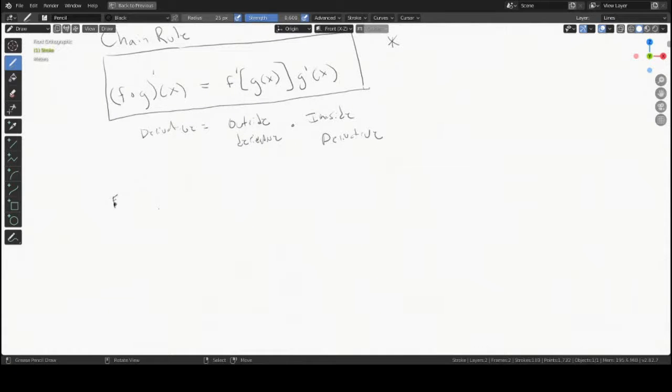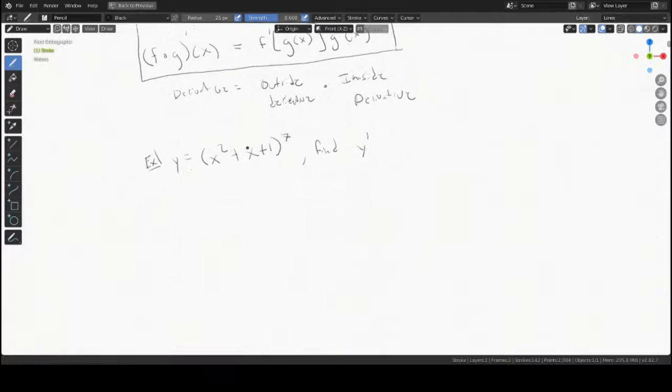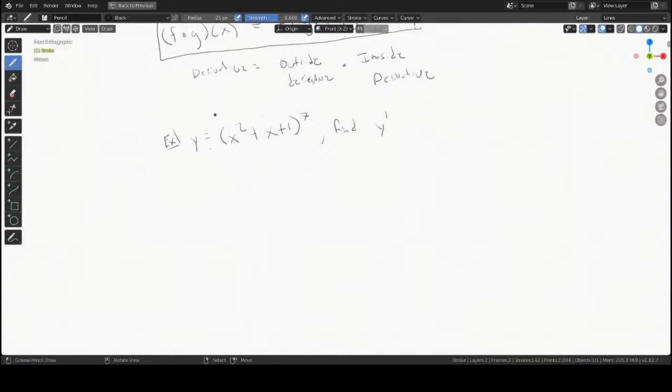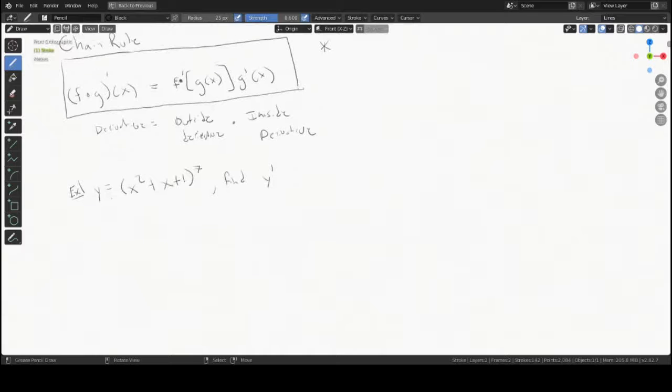So in this example, we've got y equals x squared plus x plus 1, all of this raised to the 7th. Okay, and we're finding y prime. Cool. So chain rule says, and we just wrote it down, so we have the derivative of f, which is